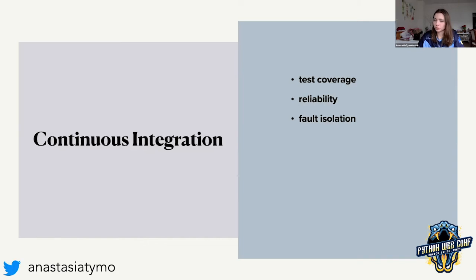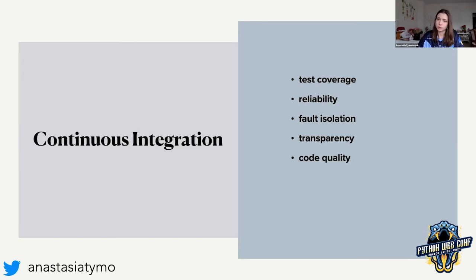Then fault isolation, because it would be running in your Docker environment, so it would not rely on your local machine, on your local environment, and that would provide isolation from any other environments outside. And also that would be super transparent, because if you push some changes, you don't need to run anything manually. It would be automatic. And then before going to the code review, you can automate so many steps in the CI. So highly recommend to try that.